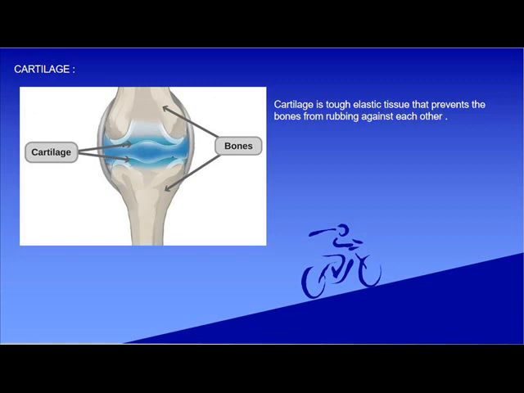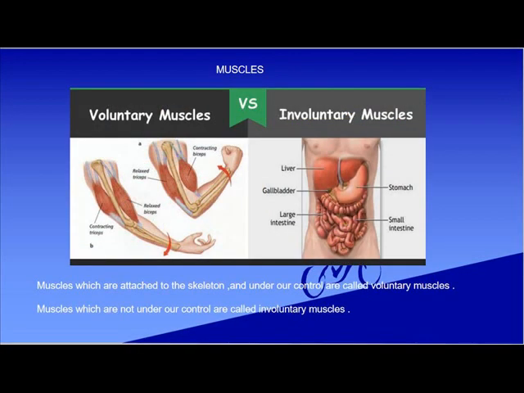We will move on to the next topic, muscles. Bones and cartilages alone cannot bring about movement. Movement happens only when bones and cartilages work together with muscles. There are about 650 muscles in our body and each one causes a particular movement. The muscles are attached to the bones with the help of tough cords called tendons.